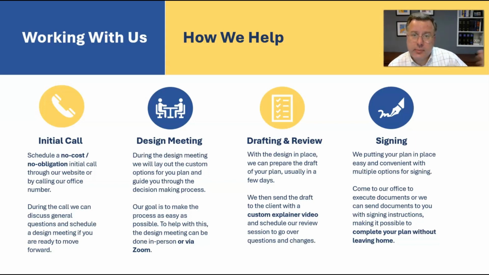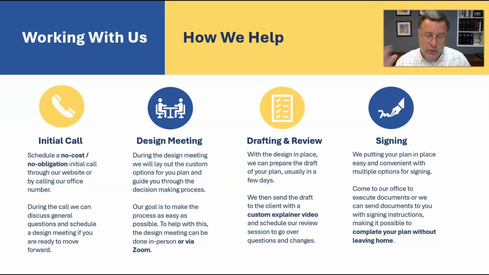We can go through some of your initial questions and set up the rest of the process. You can also call our main number, 703-249-9007. They'll schedule a call with me, and we'll set up that call. We'll have the call and talk about getting the rest of the process in place.